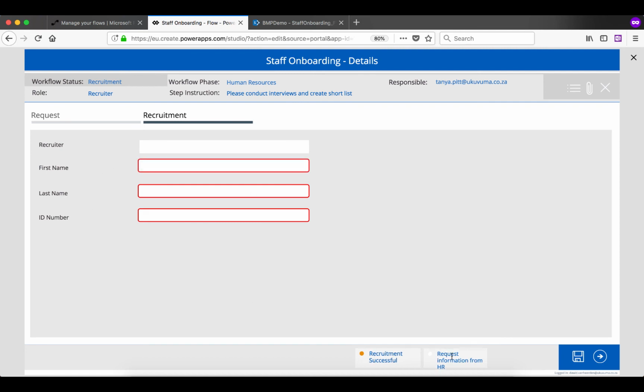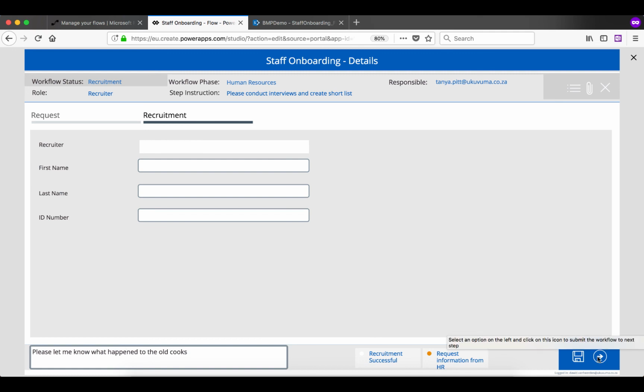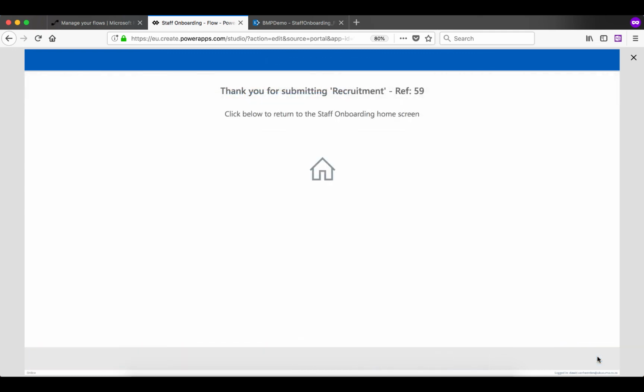So what we want to do is request information from HR, and we're going to say, please let me know what happened to the cooks. Right, if Tanya now submits this, this is going to send an email back to HR, so it's going to send an email back to Mike